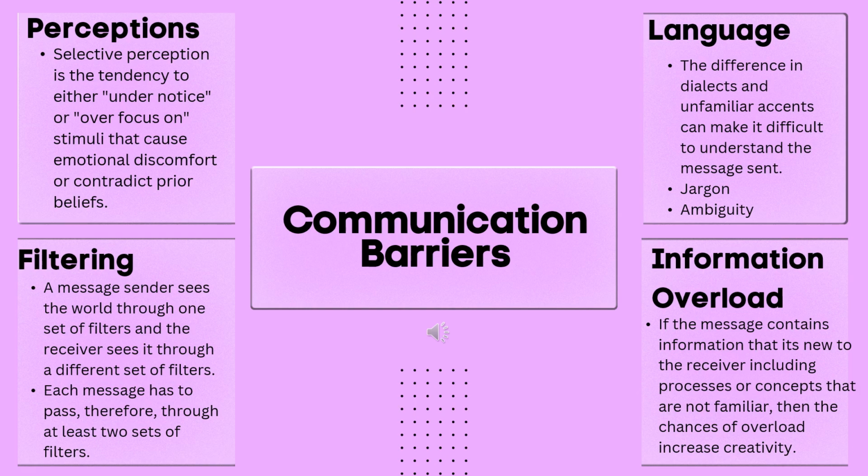A different kind of filtering occurs because of the expectations we have about others' behavior. If one of our co-workers usually communicates aggressively, we are likely to interpret everything this person says through this filter. Although many factors shape our expectations, some of our strongest expectations are created by stereotypes.